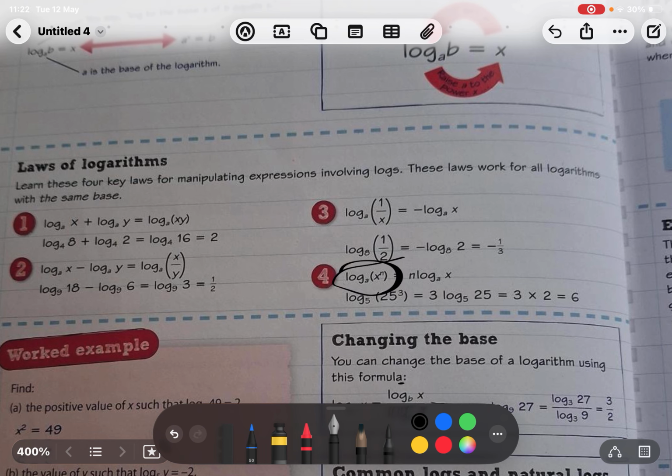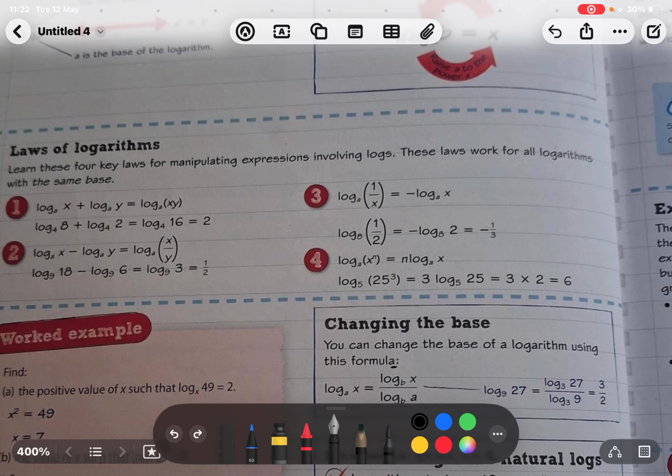When you have something like this, say in a question you have a number raised to a power, you can move it here, as you can see. So let's say you have log 5 to the power of 25, 3, you can move it here. So that's what you get after. And then, where did they get 2 from? 3 times 2. Oh, this whole thing without the 3,